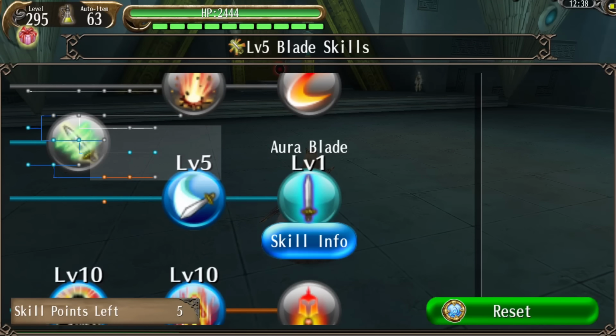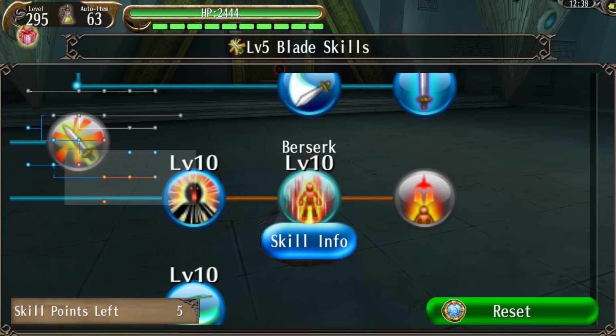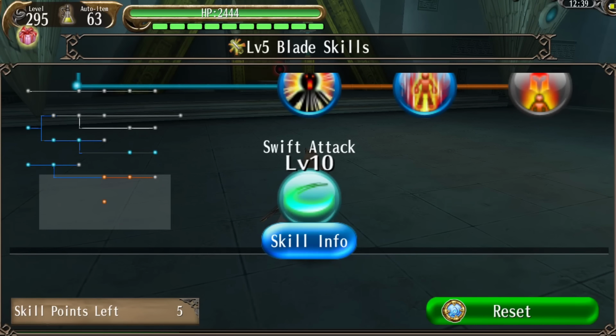The Aura Blade buff increases the damage of all the skills we use. Having War Cry at level 10 is optional since most tanks use it. It is a buff that increases our attack. Berserk is also optional if you don't have Beastlord Ring and are looking for more attack speed to reach maximum motion speed. Swift Attack is useful to open combos since at level 10 it reduces the MP cost of the